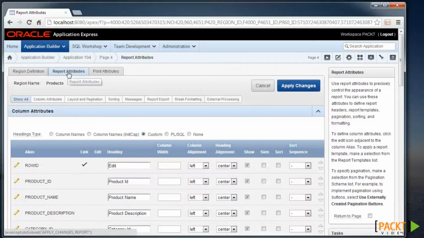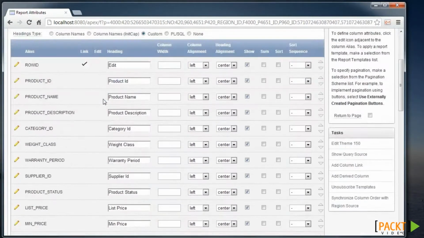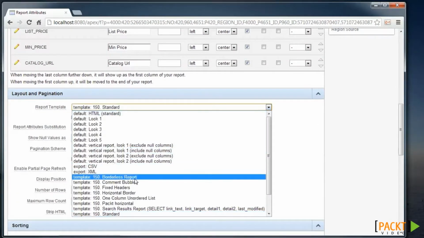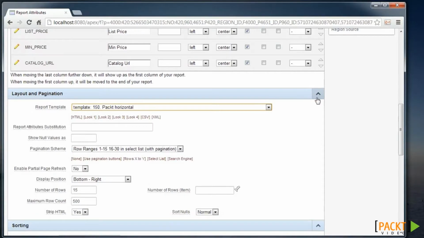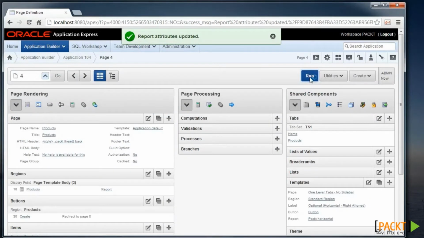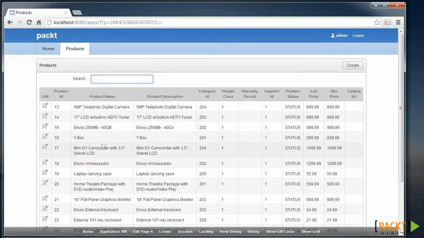So I'll edit the report attributes and go down to the report template and change it from standard to a new packed horizontal, and apply those changes. And now when we run this page, we can see that the markings between each cell, instead of mainly being horizontal and our vertical, these borders here, and the background of our header on our report region has been made